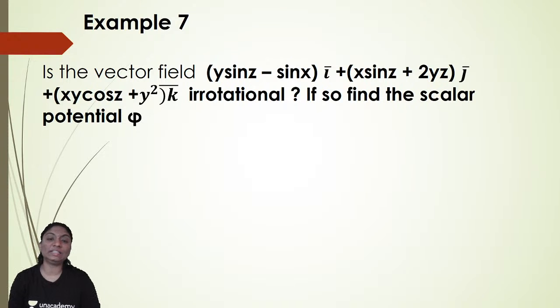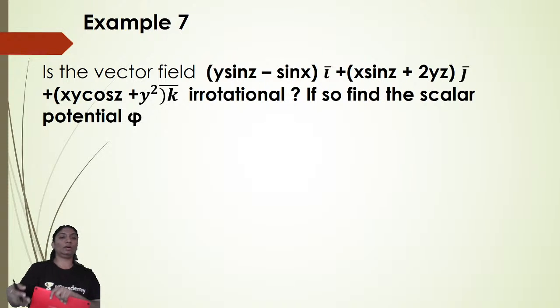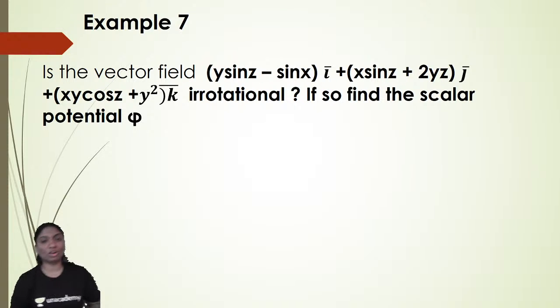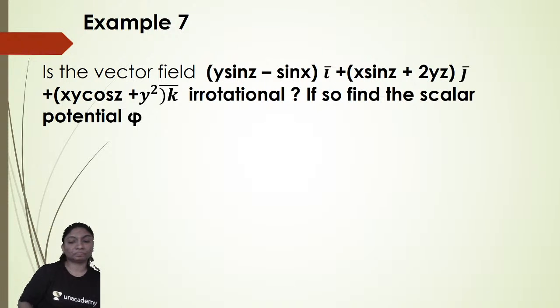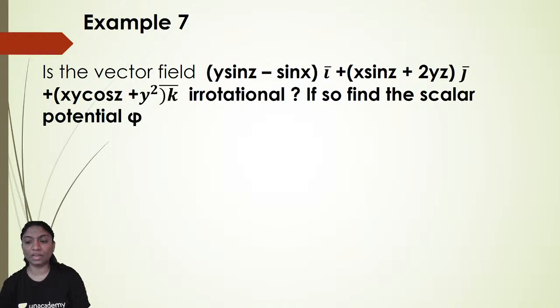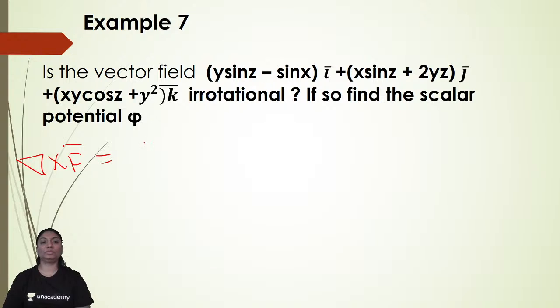We have to check whether it is irrotational. So what do we mean by irrotational? It means del cross F bar is equal to 0, so we will calculate the curl of F bar. In the previous lecture, we have already seen how to calculate the curl of vector field F bar. Now we will find the curl of F bar. The curl of F bar, that is del cross F bar, is equal to